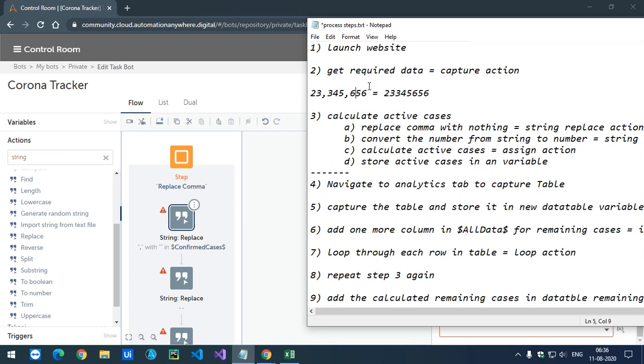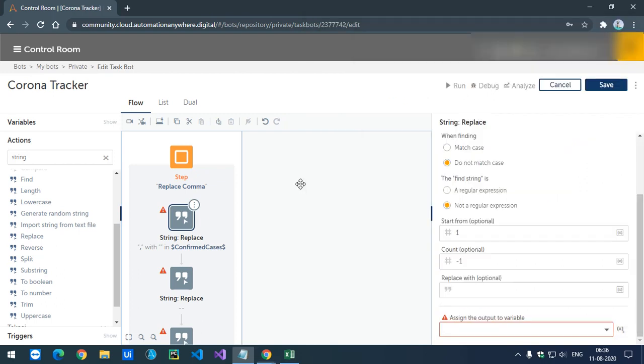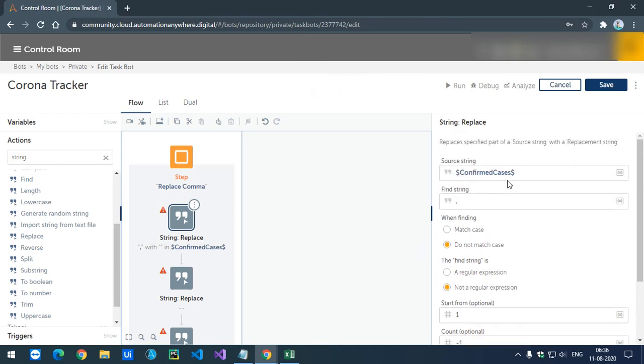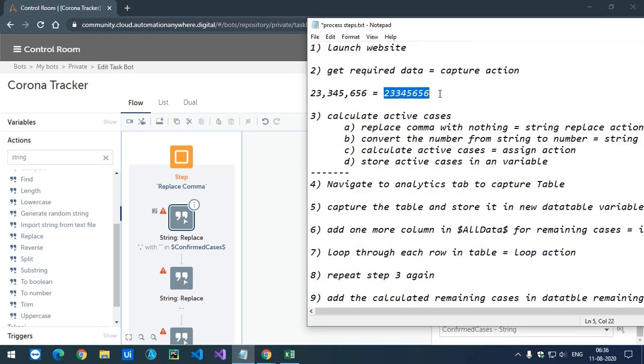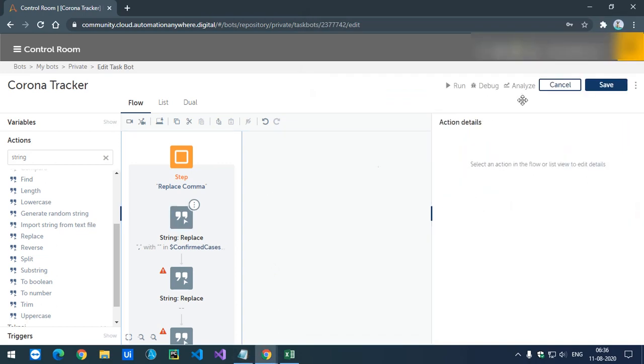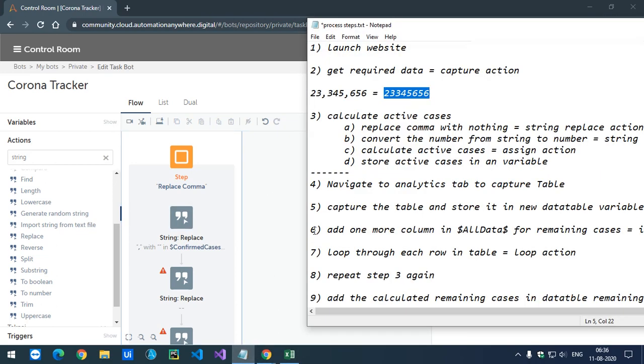The comma needs to be replaced with nothing. Because there is a comma here and I replace that comma with nothing, there is nothing in between the number, so I'll keep nothing here. I'm going to store the same replaced string in confirm cases. So now confirm cases will have a number like this.